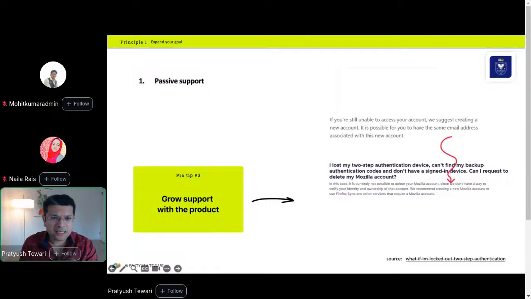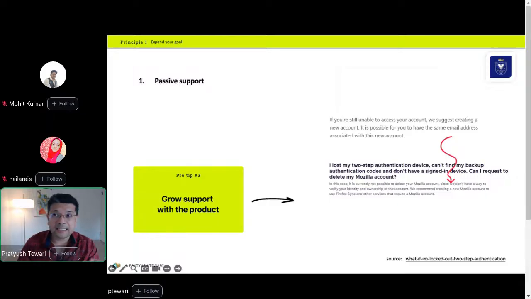In this case, there are screenshots from two different pages from Mozilla account, where the user is requesting to delete his access, and the suggestion is, well, we can't delete your account because there is no way to find the authenticity of the request, so you can just create a new account. This is basically where the company is failing the user.